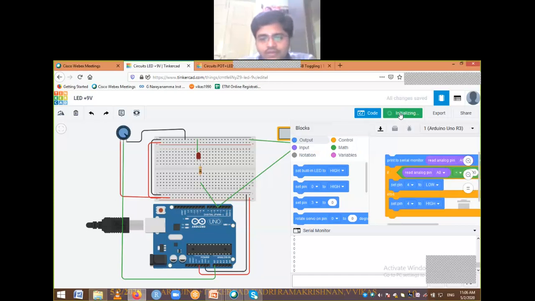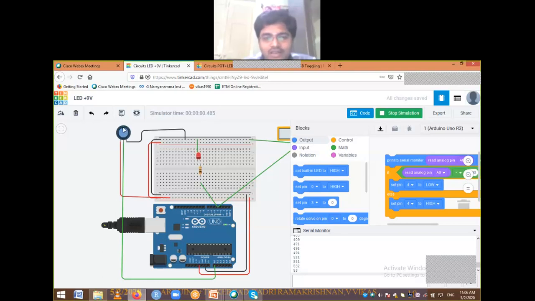See, as of now your sensor values are 0, so the LED is low. Let me change this particular potentiometer value. It is 246, 307, but the LED is off only. Slightly increase: 389, 409, no change. 471, 491, no change. 511, okay.